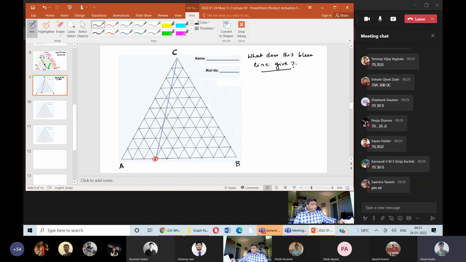Odrija, Samira, Varun, Shoham, and everyone. So let's say this is point P1, which has a composition of 70A, 30B, 0C. My question is, what is the physical significance